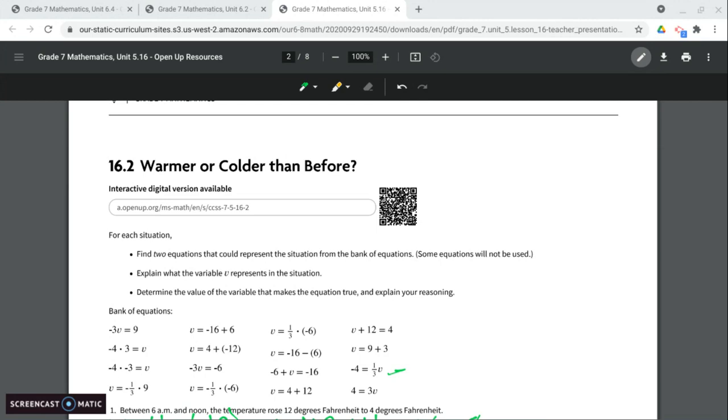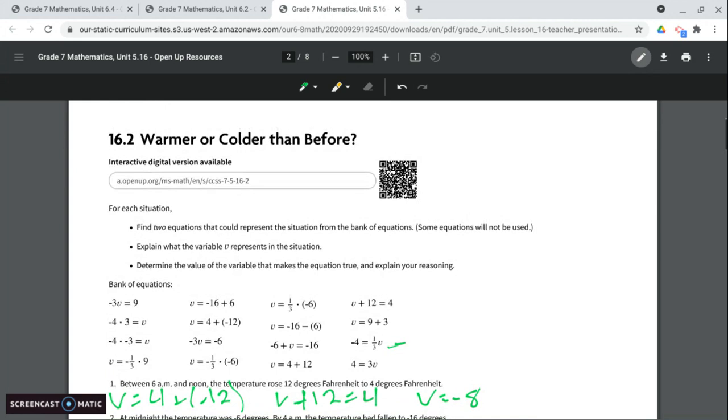So for this first part, we have, for each situation, find two equations that could represent the situation from the bank of equations, explain what the variable represents, and determine the value of the variable. So for our first one, we have between 6 a.m. and noon, the temperature rose 12 degrees Fahrenheit to 4 degrees Fahrenheit. So it's rising 12 degrees. So we're going from some value, adding 12, and then getting to 4. So our equations that are going to represent this is taking 4 plus negative 12, or taking v plus 12 equals 4, where v is going to be negative 8,